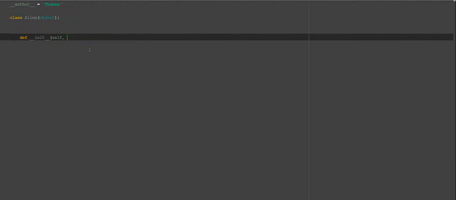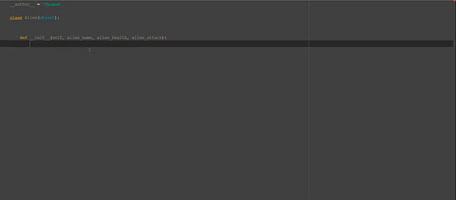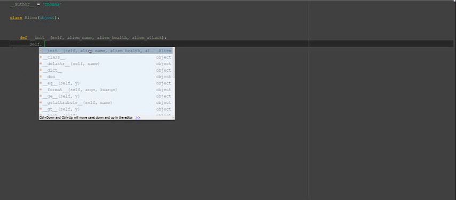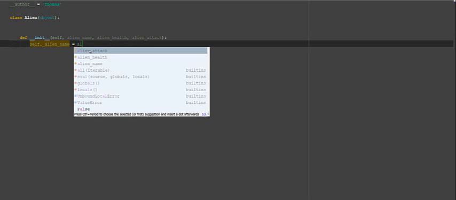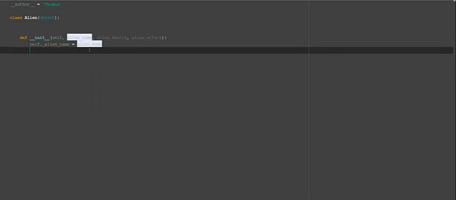And this time the alien will have an alien name, alien health, and alien attack. Exactly like we did with the last one, it's just self dot underscore alien underscore name equals alien name,